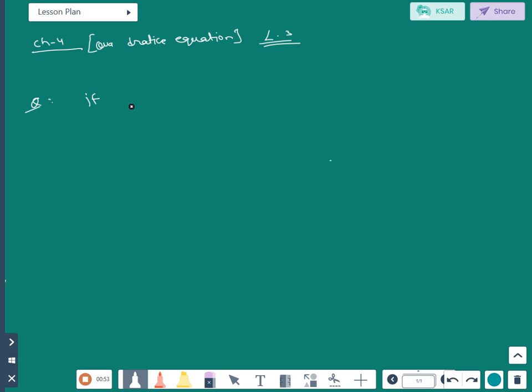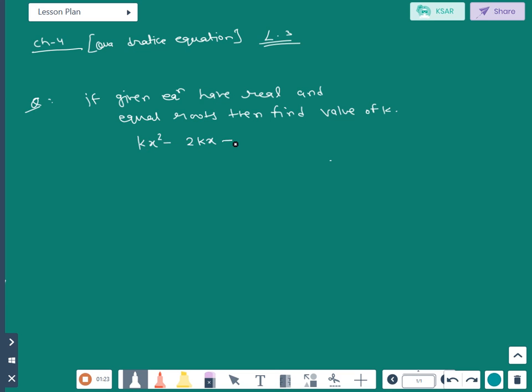If the given equation has real and equal roots, then find the value of k. And the quadratic equation is kx square minus 2k x plus k minus 1 is equal to 0. So we will find out here the value of k,